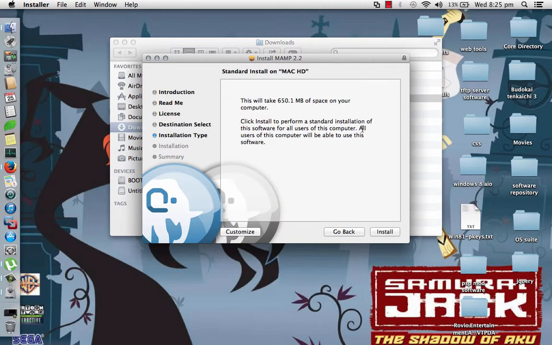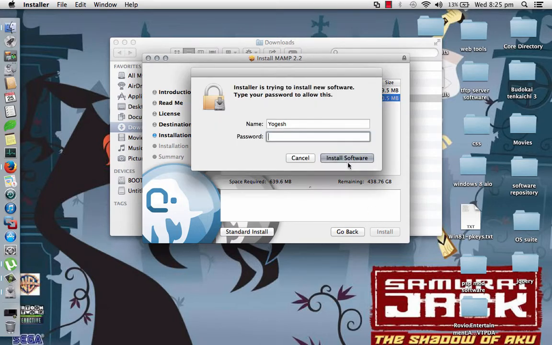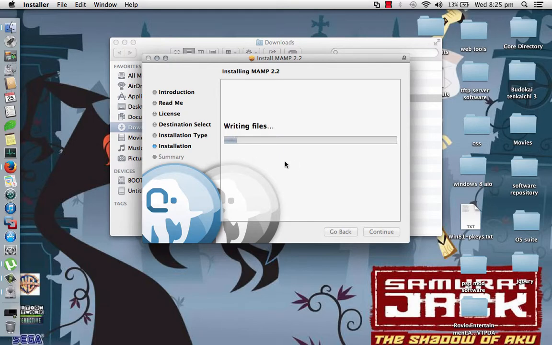agree with the end user license agreement, and it will say installation type. So basically I will just stick to the MAMP and not the MAMP Pro. So I'll click on install. Now notice that it will ask me for the admin password, so I'll just type my password and it will automatically do the necessary amendments for you and install it for you.